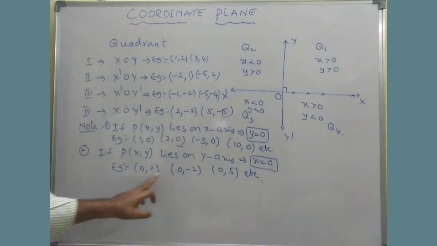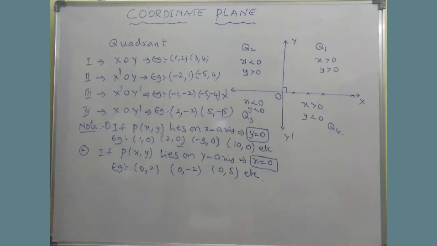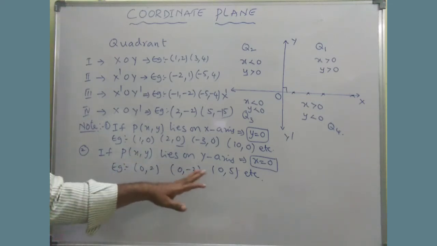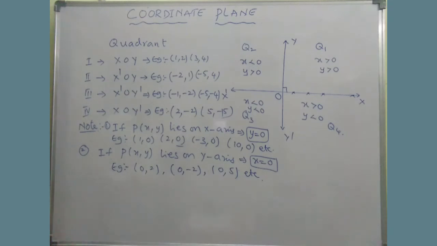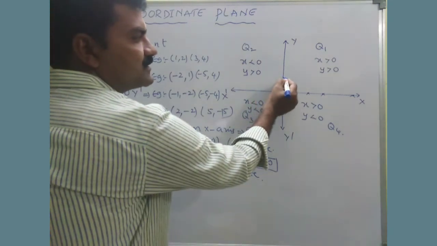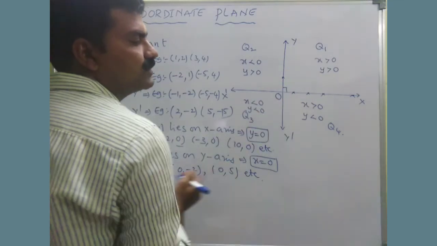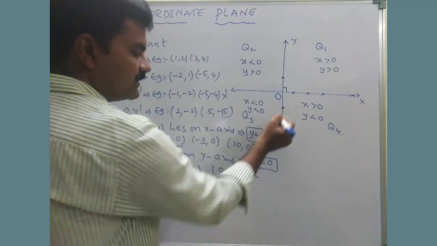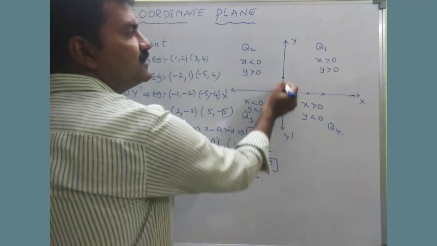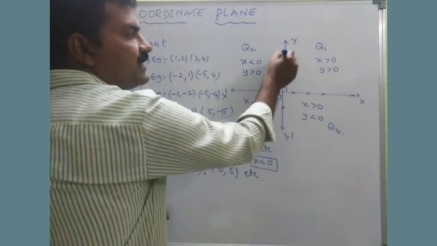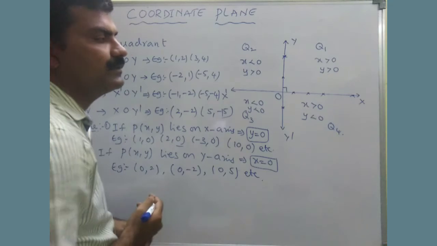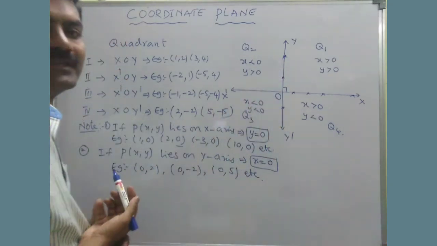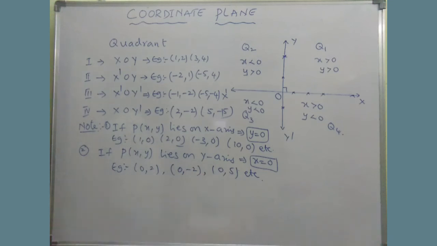See, x coordinates are strictly 0. So no doubt that particular point lies on the y-axis. See, if you can locate, this may be 0 comma 2, for example, and another one 0 comma -2 down here, maybe 0 comma 5. X coordinate is 0 and y coordinate, if the distance is 5 units, then this is 0 comma 5. So it is very clear that you can observe these points lie on the y-axis. Very easy to remember.